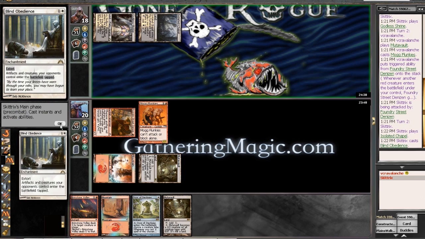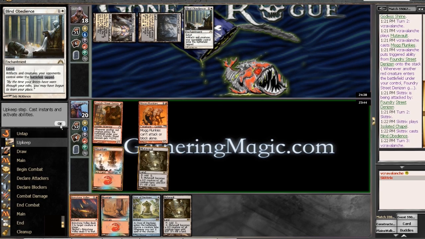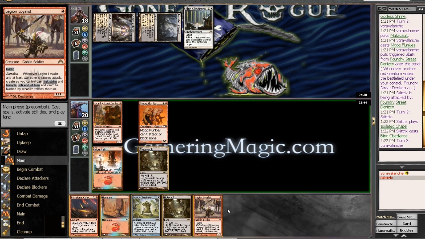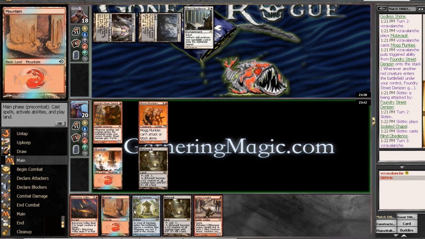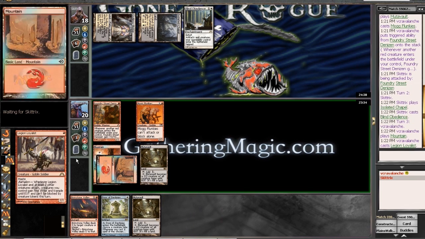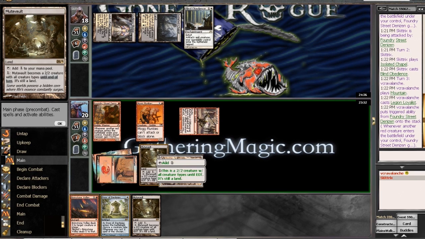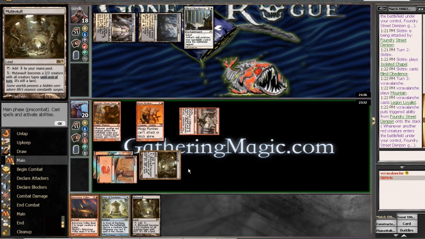So Blind Obedience, that's actually pretty good against me. Not horrible. It's going to be a black-white control deck, I'm sure. It's going to work versus Legion Loyalist. I do believe that Legion Loyalist is still the right play, even though it does come into play tapped. What it does allow us to do is put a +1/+1/+0 trigger on the